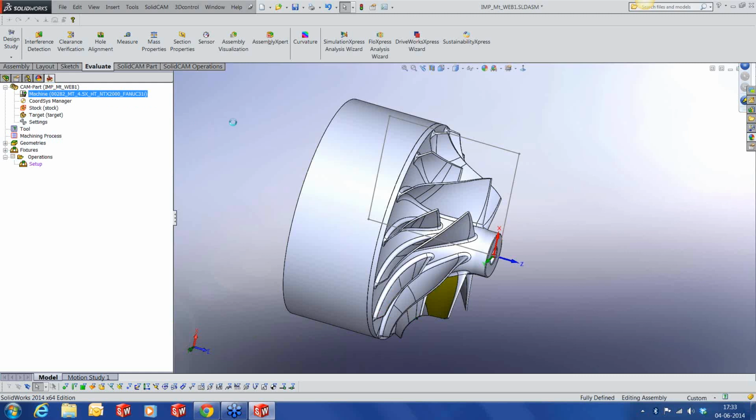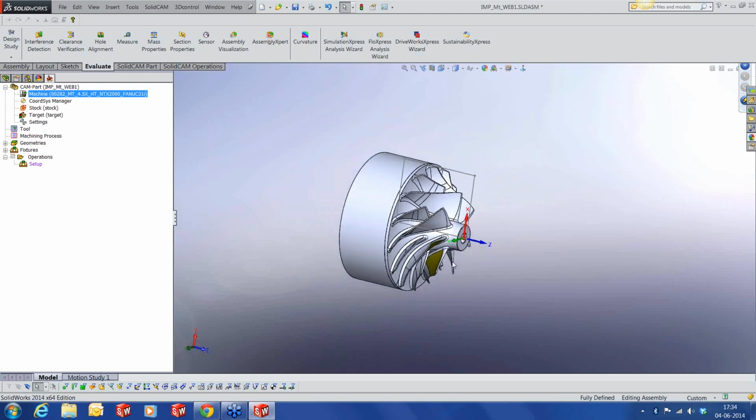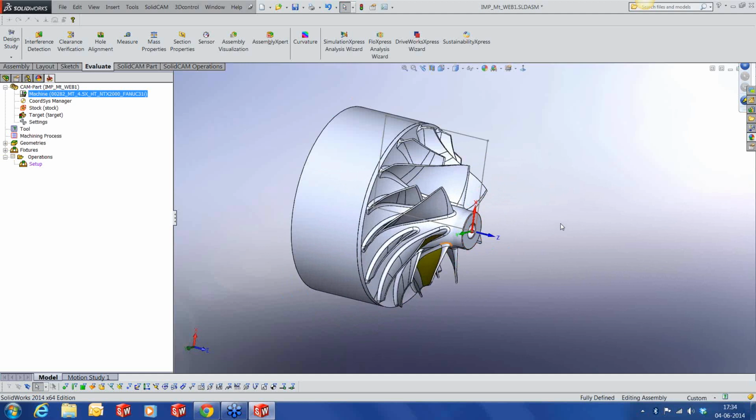Since my stock is a cylinder and not something that already has some shape, we need to do the turning of this particular cylinder. So let's start first with the facing operation, and then we are going to do some rough turning. We'll finish the blank and then start the 5-axis operation. So this is going to be our agenda for today's webinar. So let me add